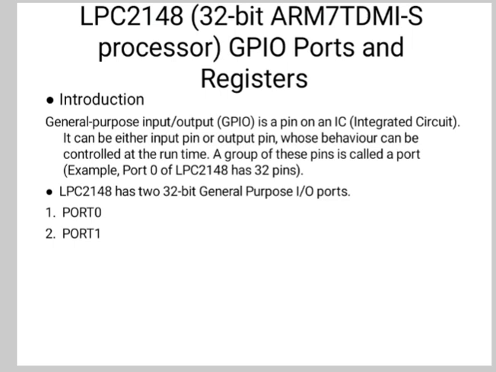Now port 1 is also 32-bit. Only 16 out of these 32 pins, that is P1.16 to 31, are available for use as general purpose input or output. Almost every pin of these two ports has some alternate function available. For example, P0.0 can be configured as TXD, that is the transmission pin, for UART0 and as a PWM1 pin as well. The functionality of each pin can be selected by using the pin function select register.